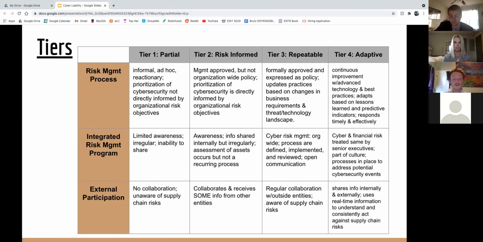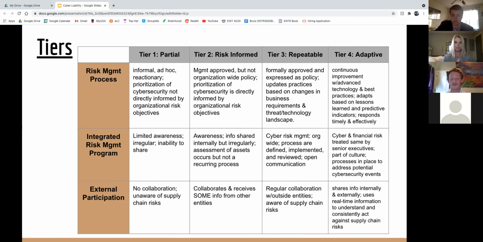Then Tier 4. Tier 4 is a definition of proactive over reactive. They have the best technology for cybersecurity defense, have computer systems helping them run models using past cyber attacks to help predict future ones. Cybersecurity is not just a task, but is part of the culture for Tier 4 companies. They clearly understand their place in the external environment. They make sure information is correct and share openly and often with the community around them to make better and risk-informed decisions.